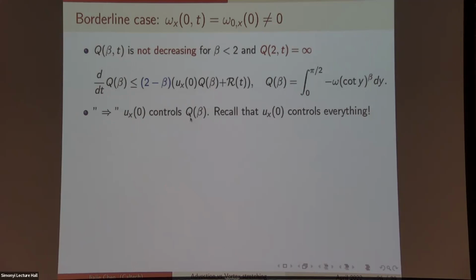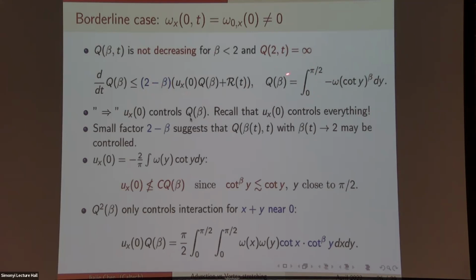Now the only hope is to try to use this small parameter 2 minus beta. If we take beta goes to 2, then we expect that this linear term is not too bad, thanks to this small factor. But in order to do so, we need to first close our energy estimate. The difficulty is that this quantity Q beta cannot control U sub x0. So this linear term cannot be controlled by our NHQ because the integrand is weaker than this integrand here. Therefore, away near power 2, we cannot control this quantity.